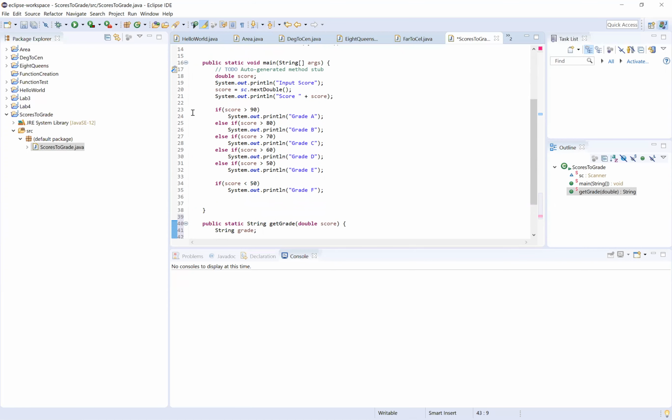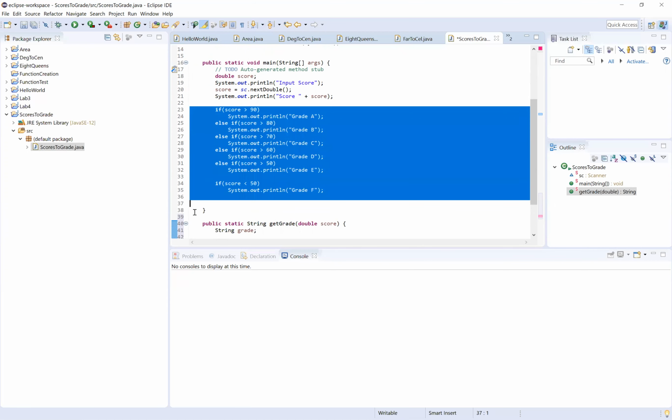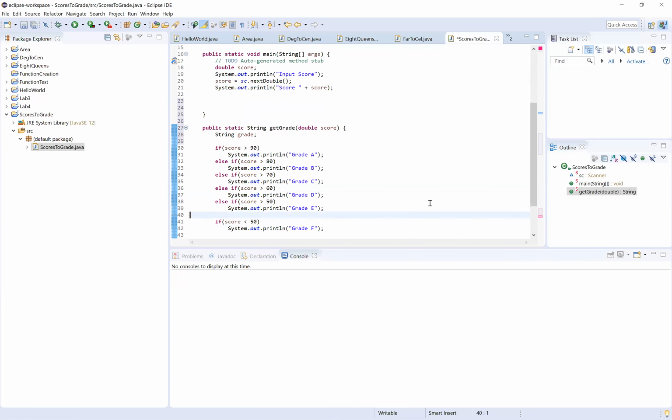So this is the code that we had. We'll copy this part and put it in the function because that's the code. Now in this case, we do not need to output on the screen. We need to store it in the variable called grade, which is a string. So we're going to do grade equal to, which is a string assignment, grade is equal to A. Okay. And then similarly, we can do grade is equal to B,